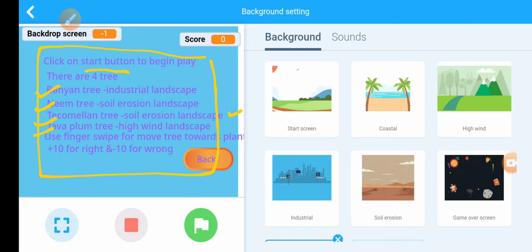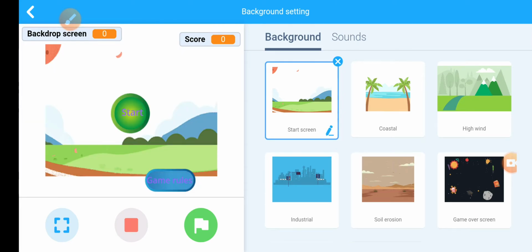Here I have neem tree, its coastal landscape. I made a mistake here, there it is coastal landscape. When I press the back button, the start screen should open. I will press that back button and the start screen will open.